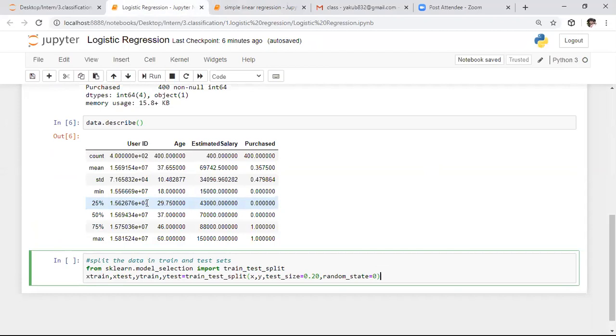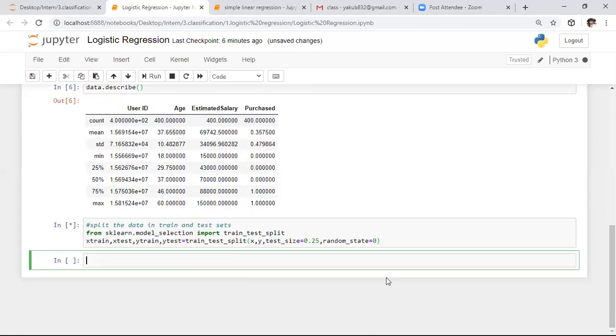Here I am splitting my data set into a training set as well as a test set. I am changing the test size; I want to specify the test size as 25%. So 25% of the data I am using to test the machine, and the remaining 75% I am using to train the machine. Here we have 400 samples. Out of 400 samples, 25% is nothing but 100 samples. So I am considering 300 samples for training the machine, and 100 samples to test the machine performance. That is nothing but splitting the data set into training and test set.